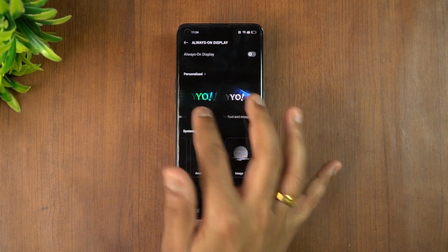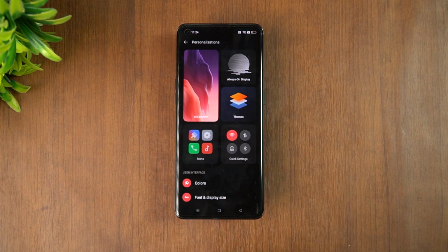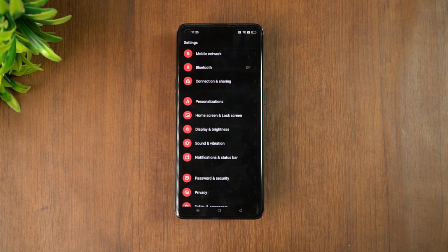Here you also have the always on display. So not all of these features are new ones, so we're just explaining all the features. Some of these might be old and some of these might be retained from the ColorOS 12, and some of these might be new features. Then apart from that, when you share a location with an app, you can actually get two options. One is the approximate location you can share, or you can actually share the precise location. So whenever an app needs the location, what the OS asks you is two options. One is to share the precise location, or you can share the approximate location. So those functionalities are also included.